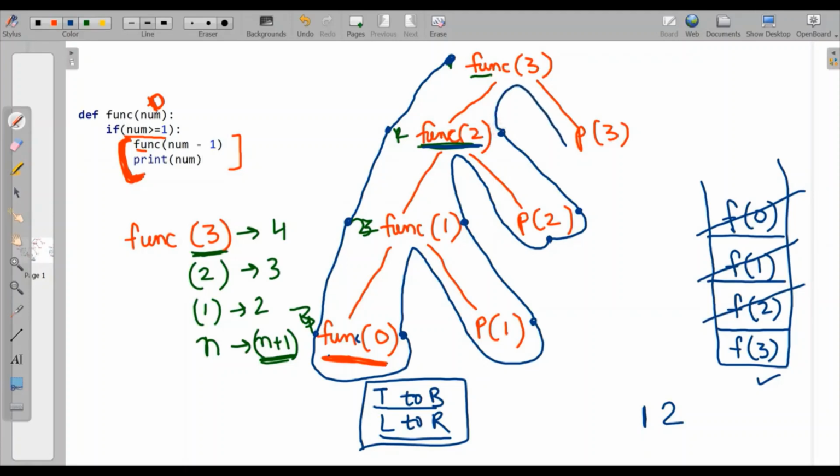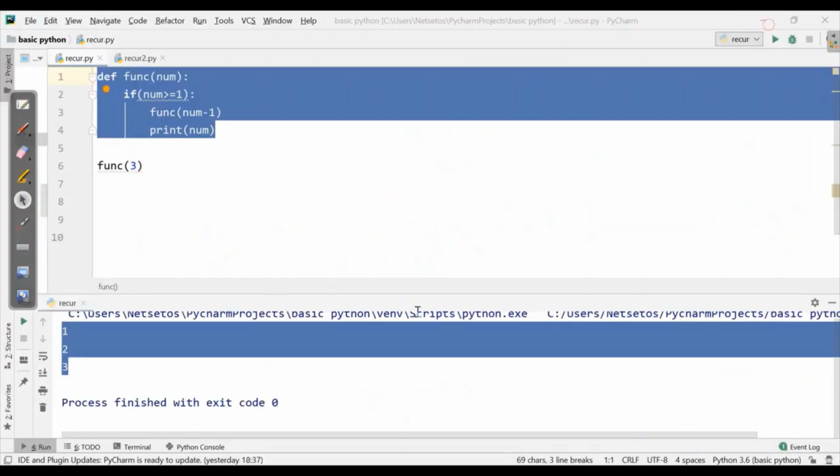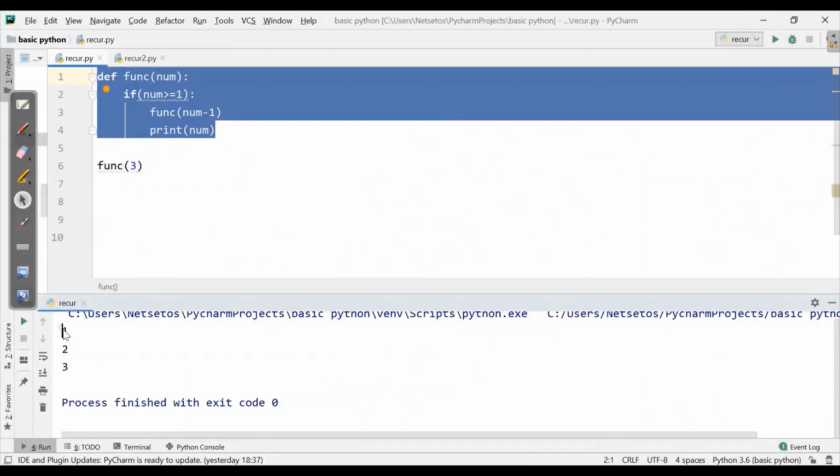And then func3, and it is asking for print over here. So here we will print 3. Then we will go to func3 for the last time. It will pop func3 from the stack. So this is the internal working of how a recursive call works. Here also it is printing 1, 2, 3, as we can see in our program also it was printing 1, 2, 3.